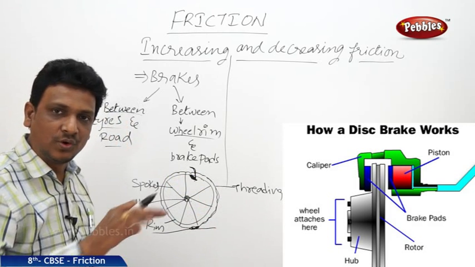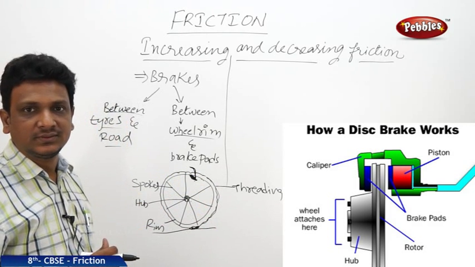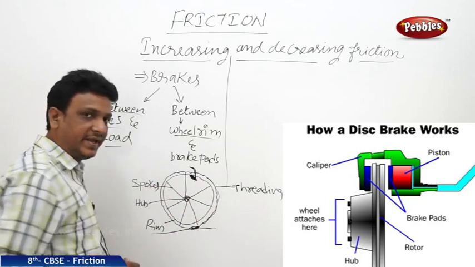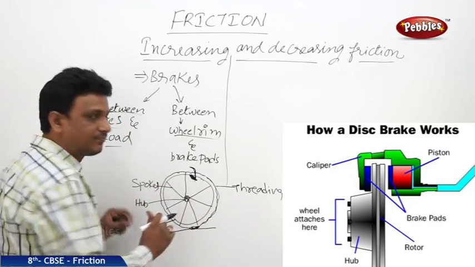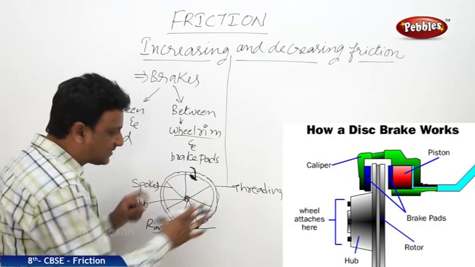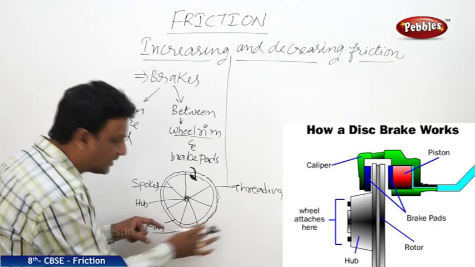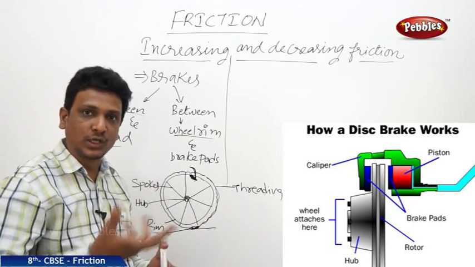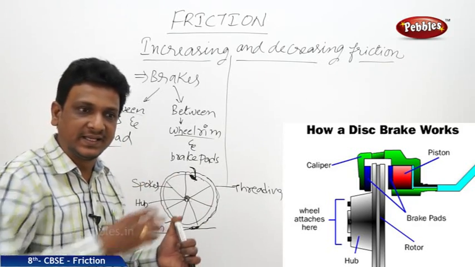If the tire becomes old, the threading becomes old. Then what happens? Then you will apply the brake, the wheel will stop rotating. But the bicycle cannot be stopped. It will skid on the road. See, sometimes if you are riding a bicycle with worn out tires, if you apply the brake suddenly, the cycle